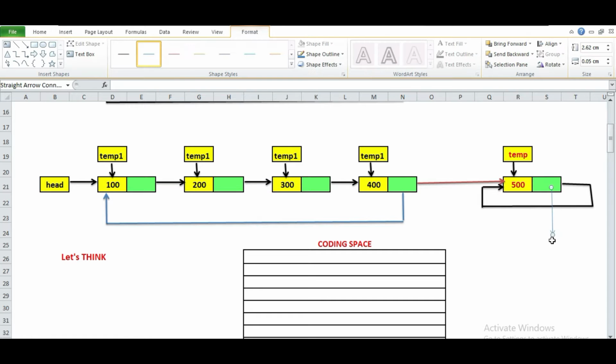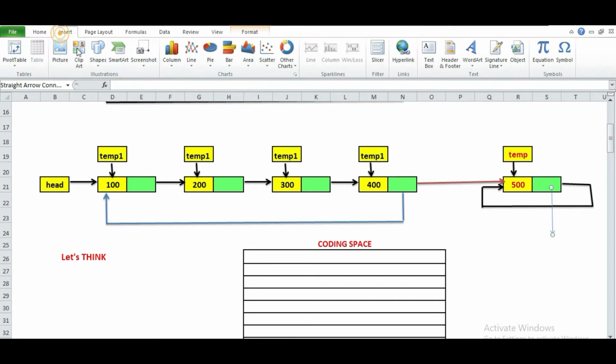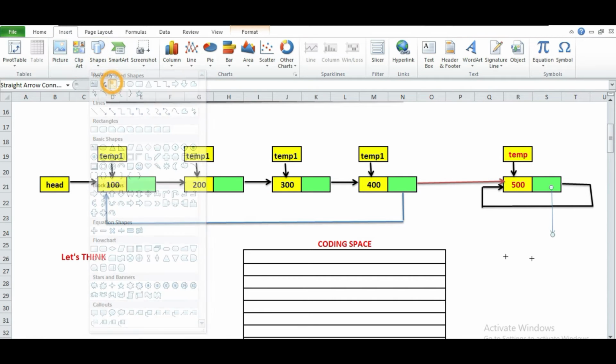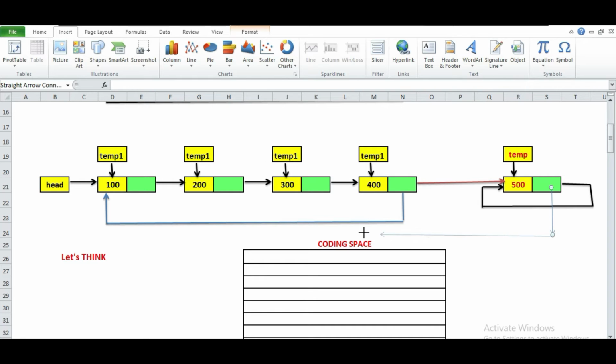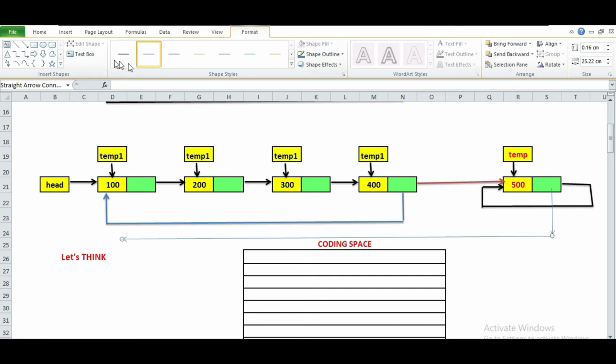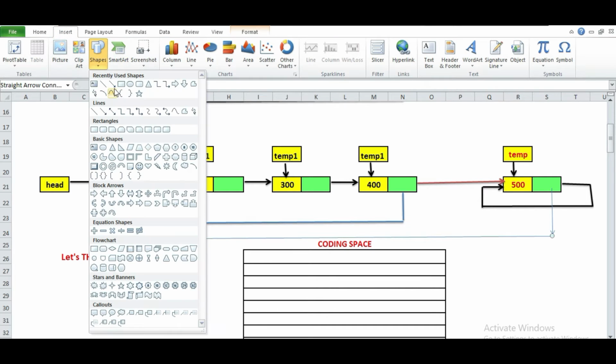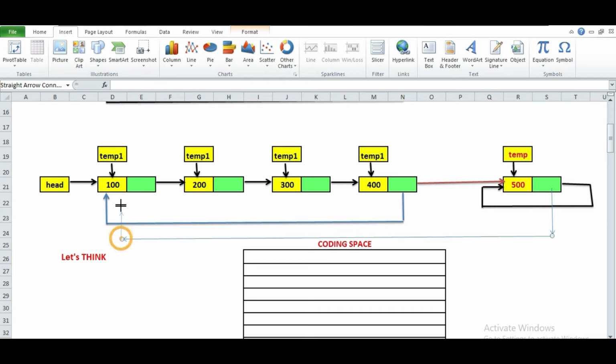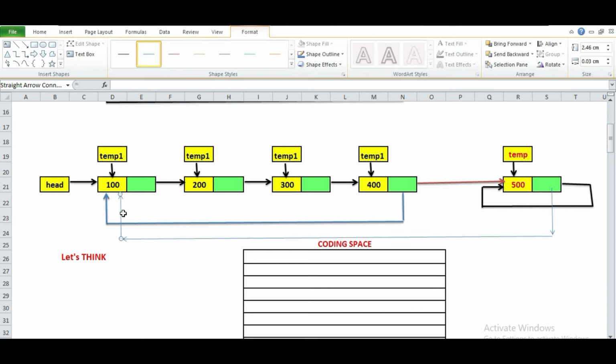So from here you insert one more link, and this is going to keep the address of the first node. I'll just change the color to red, and this one as red.